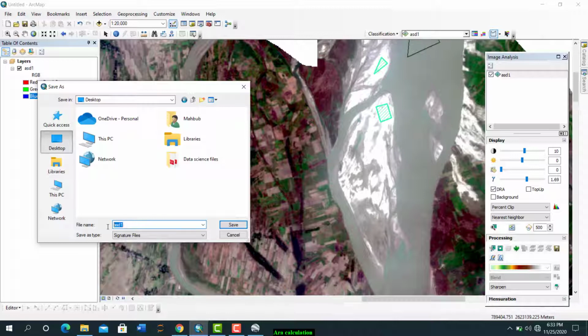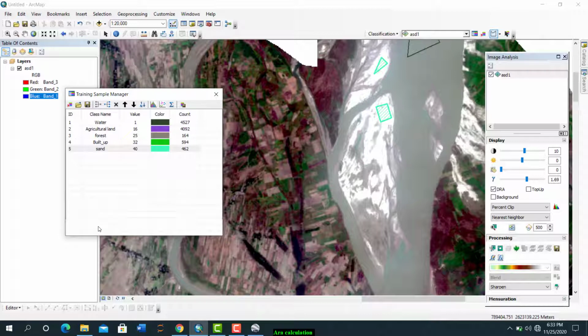Give it a name. Save it. Once it's saved,